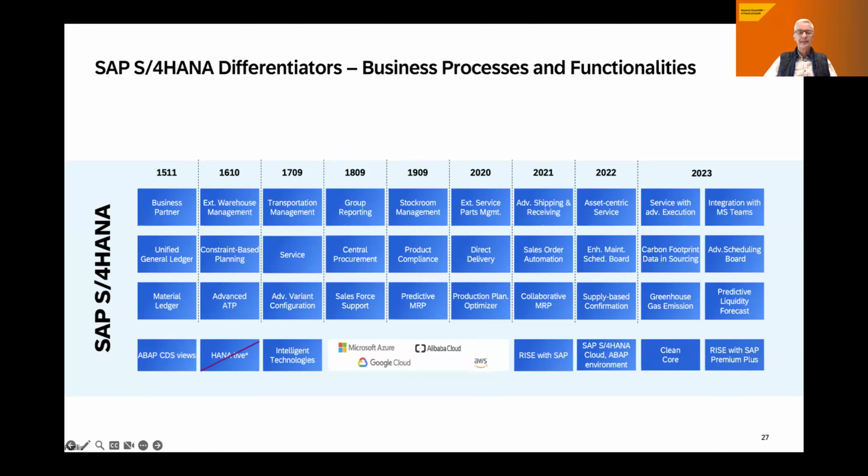The same applies to product compliance, 1909, safety data sheets, dangerous goods, and these kinds of things. We followed the same approach. The classic EHS product safety with the specification database is part of the perpetual scope of S/4HANA. So you can keep on using your specification database and your EHS, while we keep building out the product compliance functionalities.